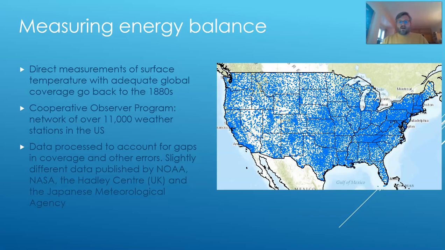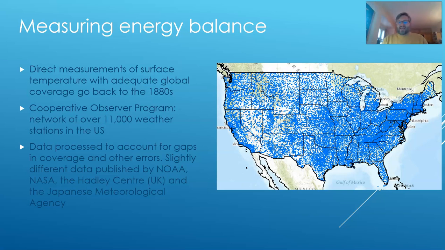So to measure the temperature of the world, one way we can do that is simply with a thermometer. Anybody can take a thermometer, go outside, see what the temperature is. But if we want to talk about global temperature, if we want to understand the temperature of the whole Earth, we're going to need a lot more thermometers. We're going to need a network of thermometers making measurements all around the Earth. And so